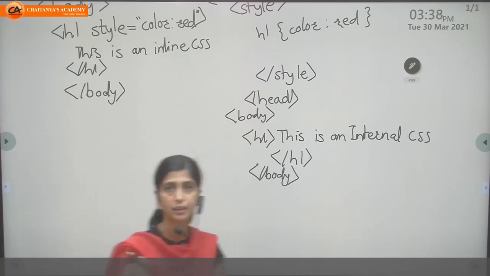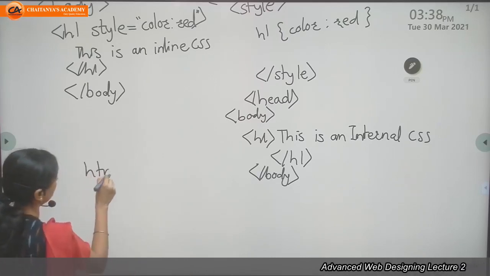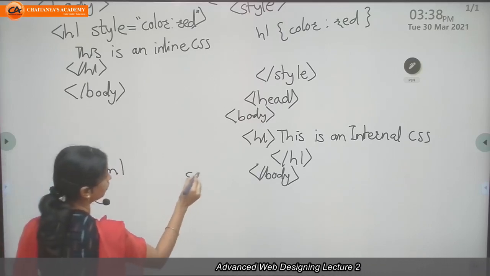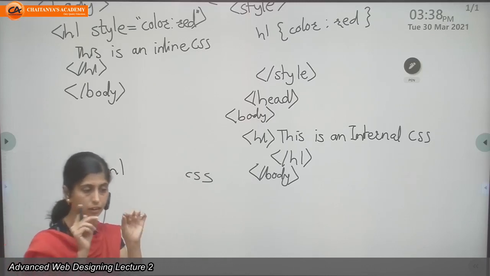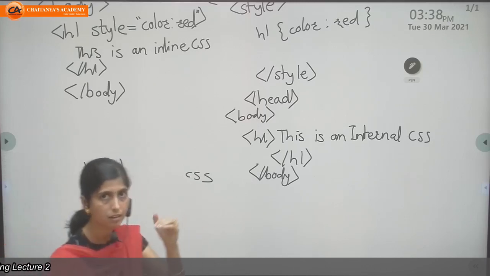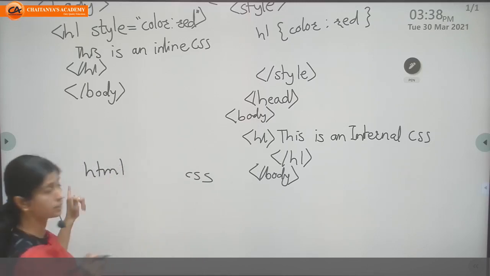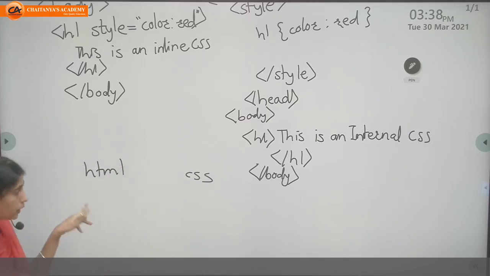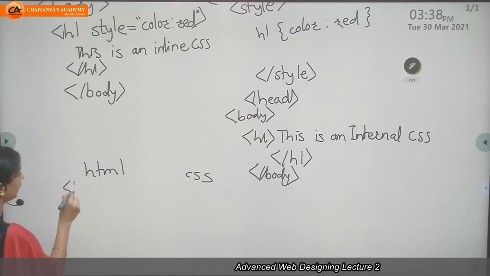I need to write two files. The first file will be an HTML file and the second file will be a CSS file. External, in the name itself it indicates, means I have to write CSS externally, not inside HTML. But I need to call this file in the HTML file. So here in the head tag,